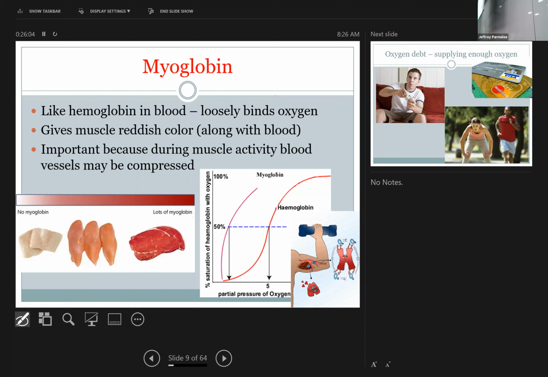And so that's what kind of gives the reddish color to meats. I mean, besides capillaries of blood, which makes muscles look reddish, myoglobin is a reddish color too. And so you'll see, I mean, now they put dyes in meat in the grocery store and stuff, but